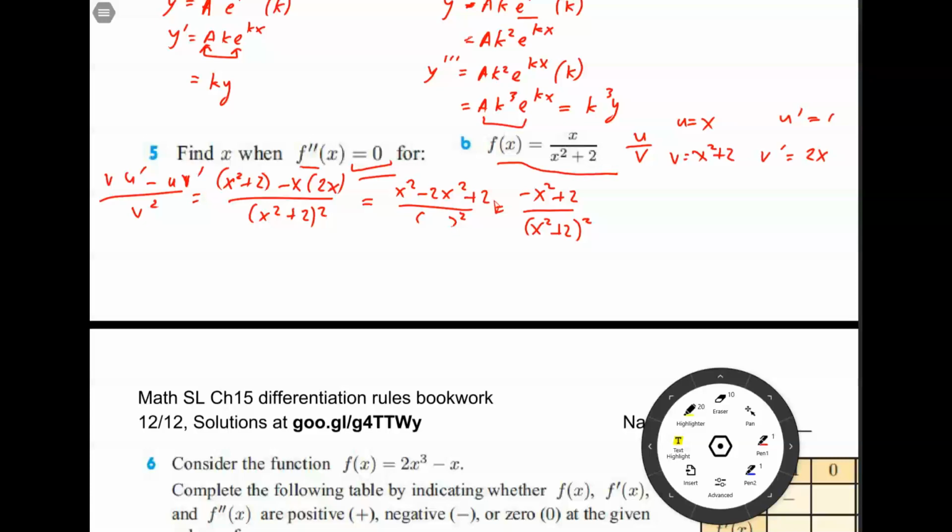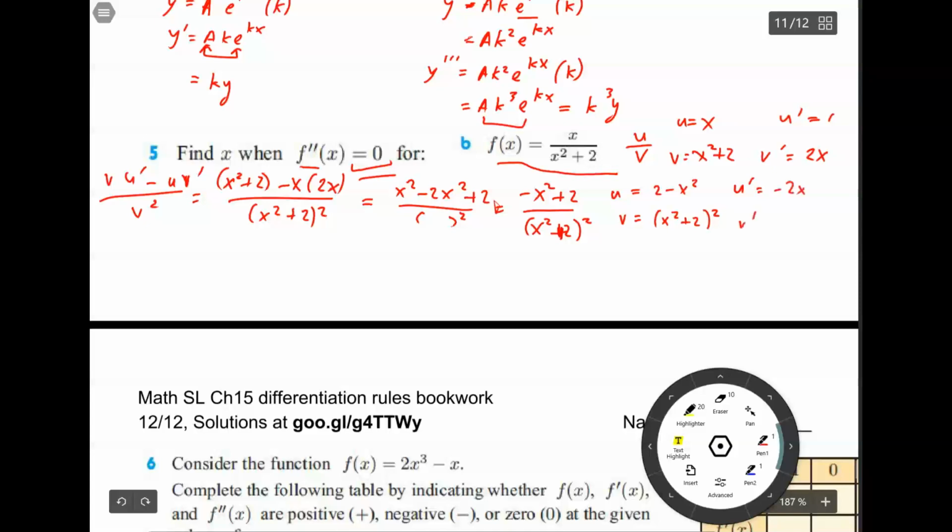Now I'm going to find the second derivative based on this first derivative. And again, the first derivative is a quotient, so I'm going to assign u equals 2 minus x squared, and I'm going to assign v equals x squared plus 2 quantity squared. And so u dash is going to be equal to negative 2x, and v dash is going to be equal to 2 times x squared plus 2 to the first, times chain rule, which would be 2x,